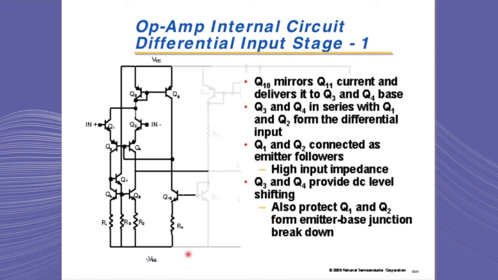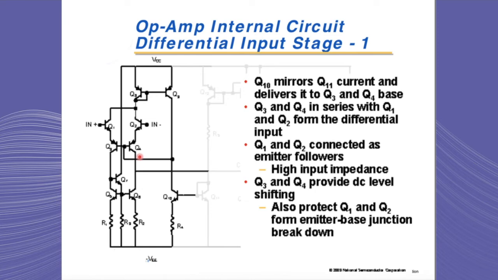The next stage that we will talk about is the differential input stage of the amplifier. The current at the base of Q11 is mirrored to base of Q10. This current is then delivered to base of Q3 and Q4. The differential input stage consists of Q1 and Q2 in series with Q3 and Q4. Any differential signal across either one of these inputs will flow current through the input stage and then to Q8